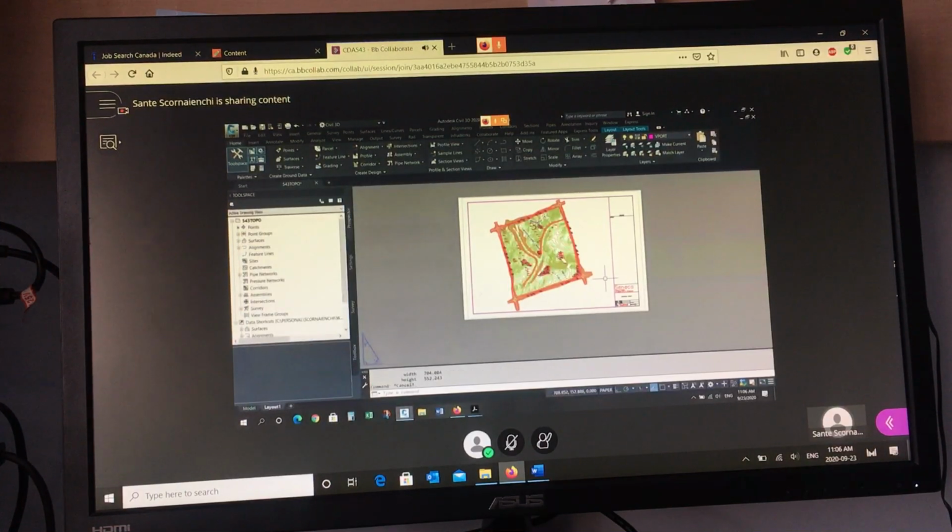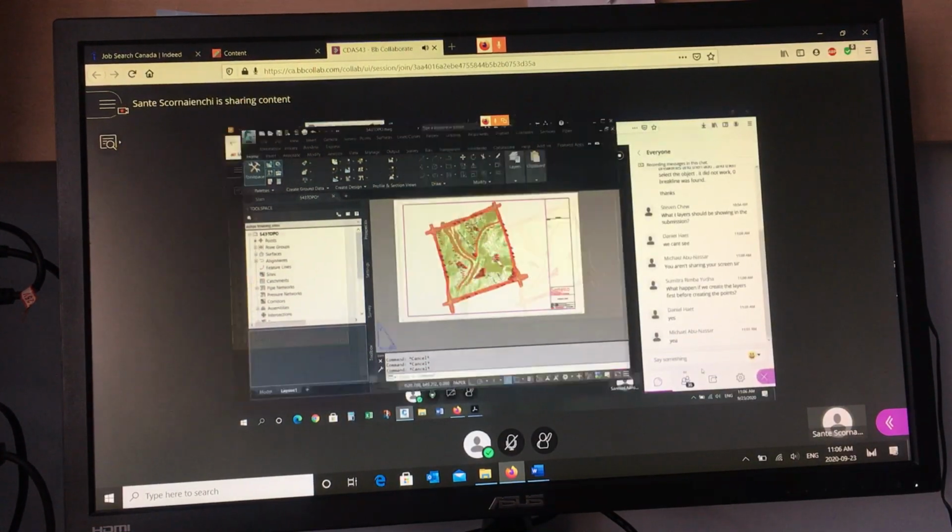Okay, I don't know how much you learned about scale when you were in your CAD classes, but let me do a quick review because it's worth repeating. Let me share with you